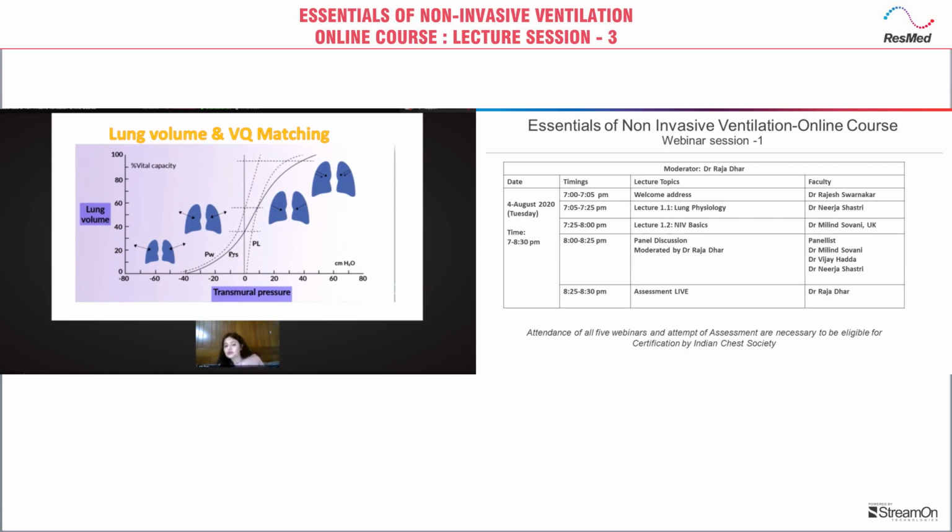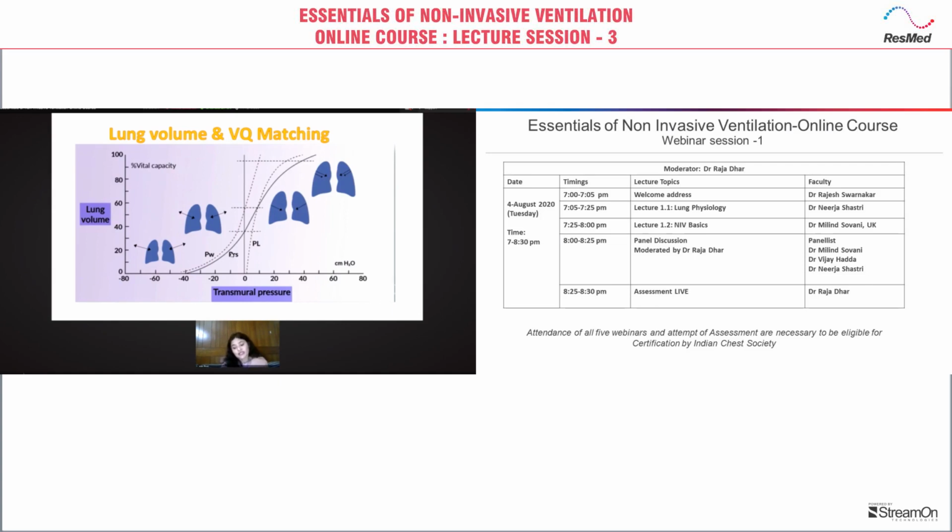Similarly, the chest wall also does that. But the point to remember is that this recoil tendency of the lungs and the chest wall is not in the same direction. Lungs try to recoil in the inward direction, and the chest wall tends to recoil in the outward direction. So they are two opposite things. And this opposite direction movement at the end of the inspiration is the one which creates that negative intrapleural pressure.